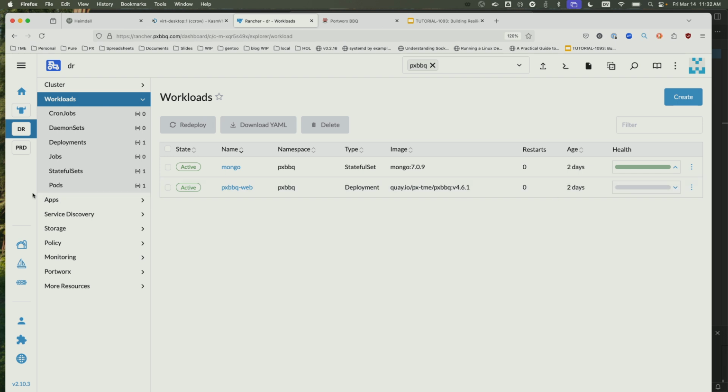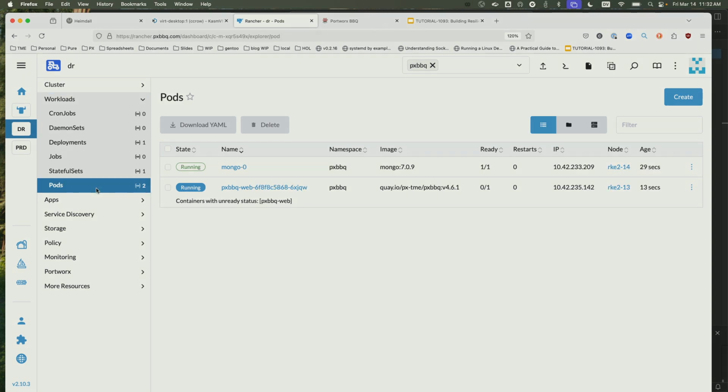So we're going to wait for Mongo to come up here. Well, it's Kubernetes. We're going to scale them both. And we're going to give that a minute. So Mongo's now coming up with the same copy of data that was on my source cluster. And then my web application is going to scale on top of that. Let's go to pods.